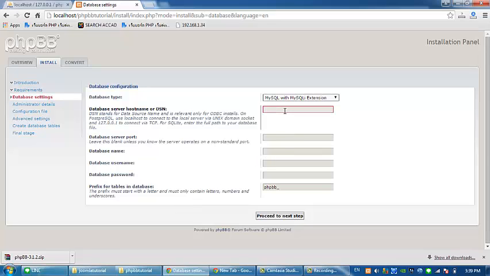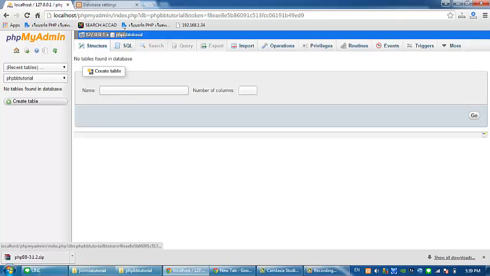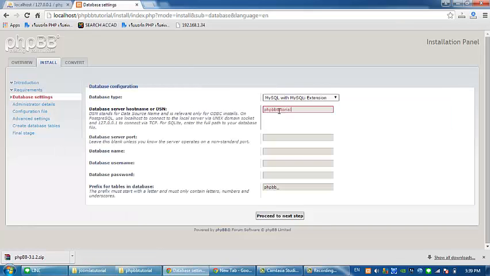So the database name is phpbb tutorial, and it's localhost, and here it's phpbb tutorial, and the username, root, and I don't have a password on my database, so I will not put a password.